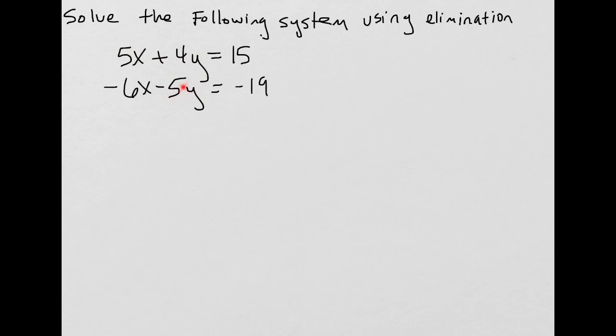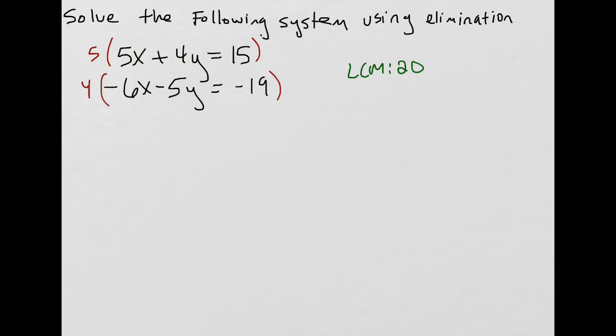So what I want to find is a multiple that's common to these two guys. So I think there the least common multiple would be 20, which means I'm going to want to multiply the first equation by 5, because 4 times 5 is 20. I'm going to take the second equation and multiply both sides by 4, because 4 times negative 5 is negative 20. So we're going to multiply the top equation by 5, the bottom equation by 4, and if we distribute through,